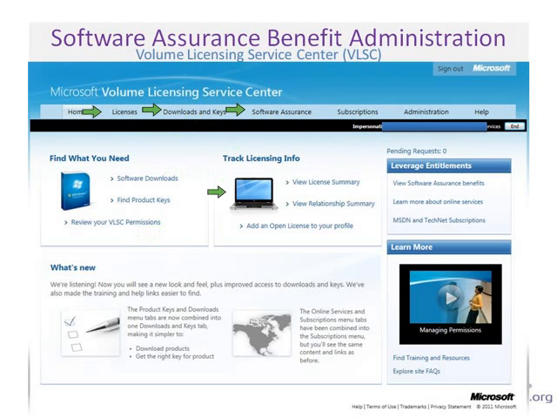And in the software assurance part, here's the Benefits Administration Center, where you can activate, work with, and administrate all of the software assurance benefits. At the entry point of the VLSC, you can also see there is a learning portal in the bottom right. So there's multiple videos around all the different ways how to use the center, how to administrate, how to perform the most important actions. There are also a great FAQ list that you can use. So this is pretty much the start point for everything around your licensing and the software assurance benefits.